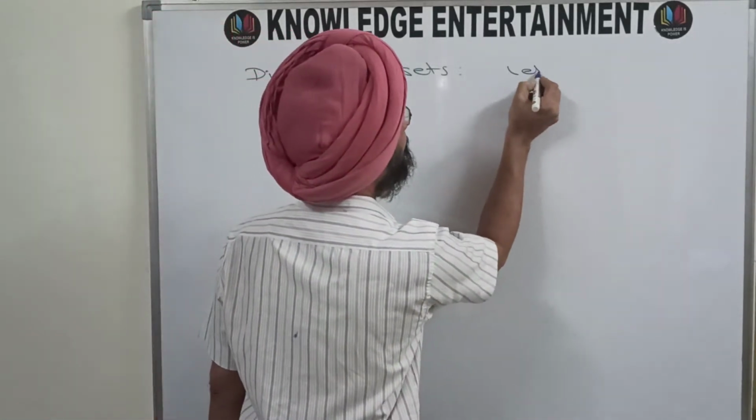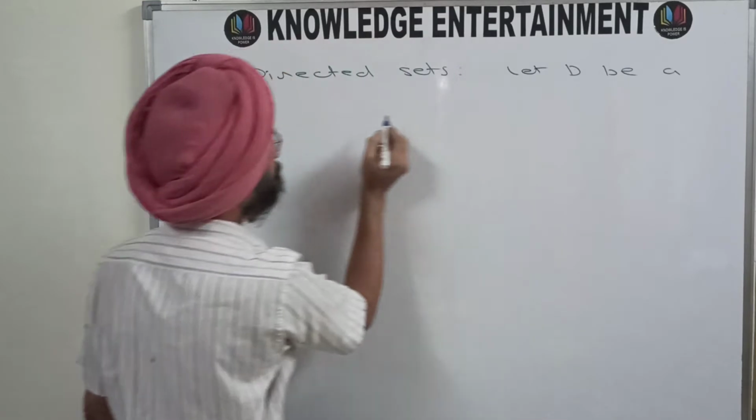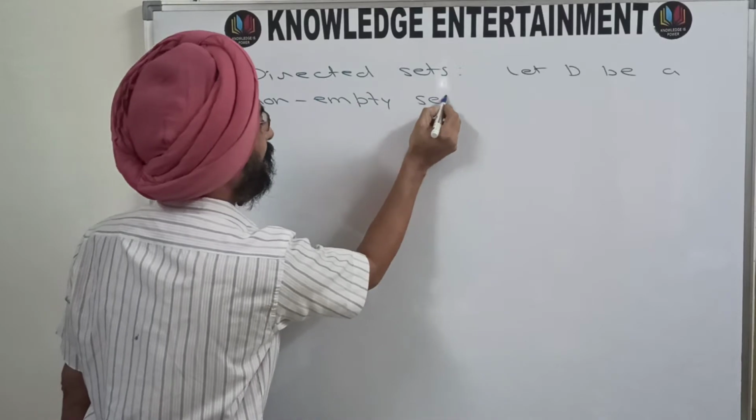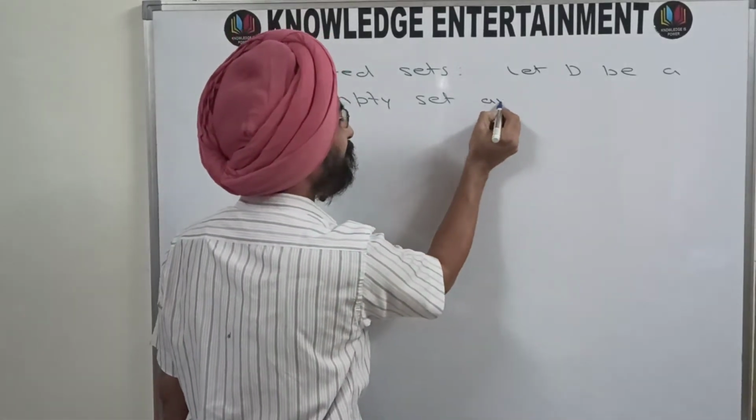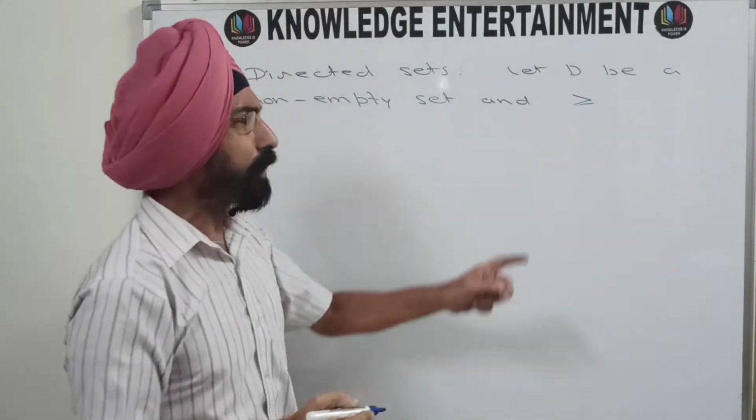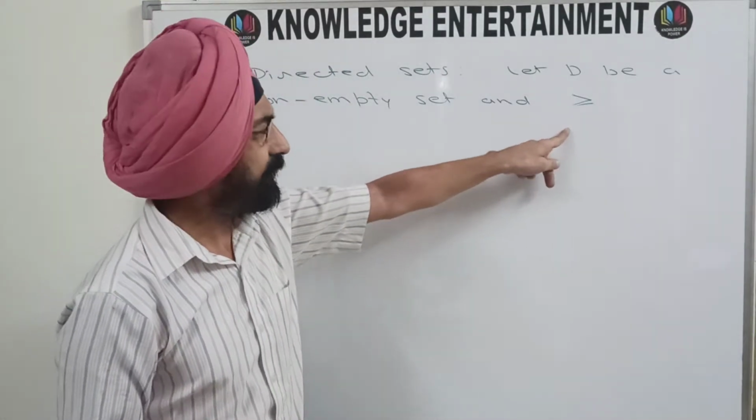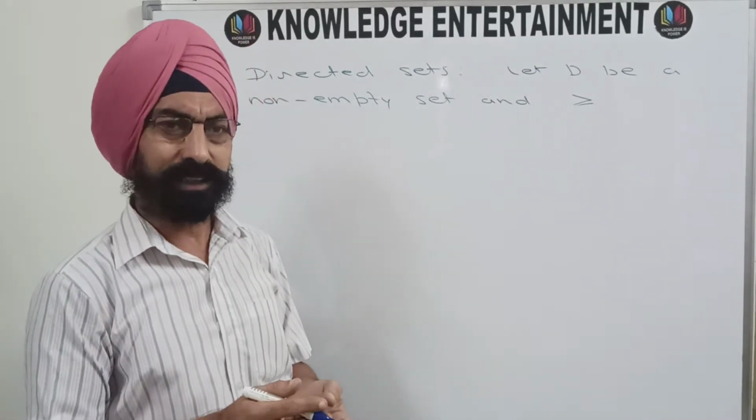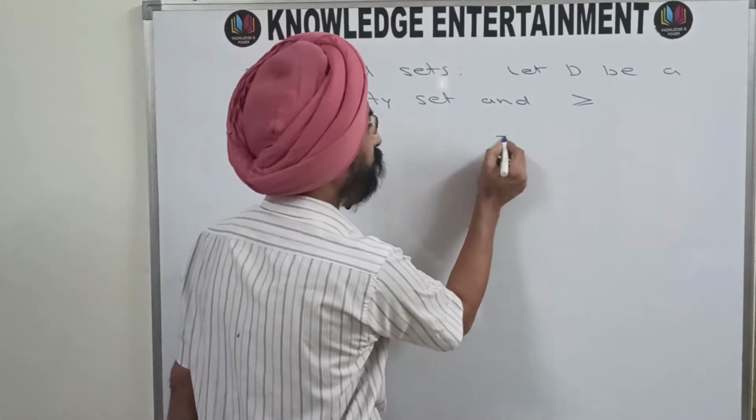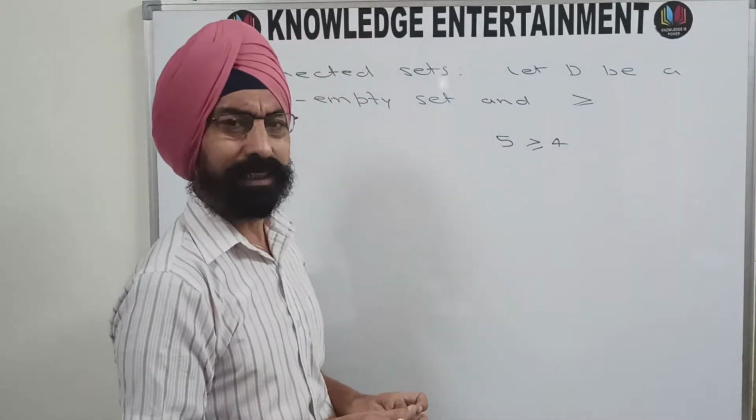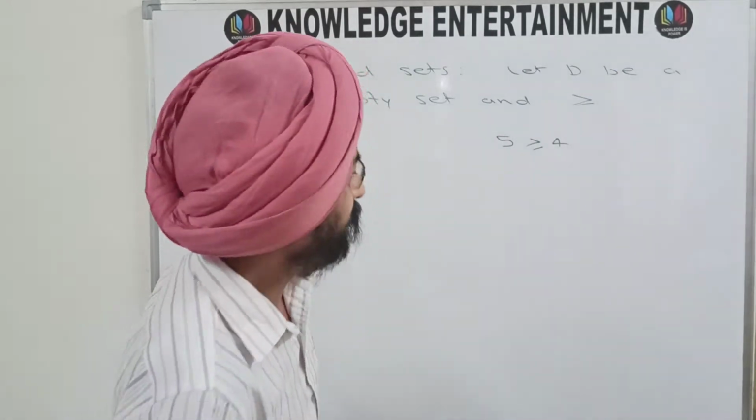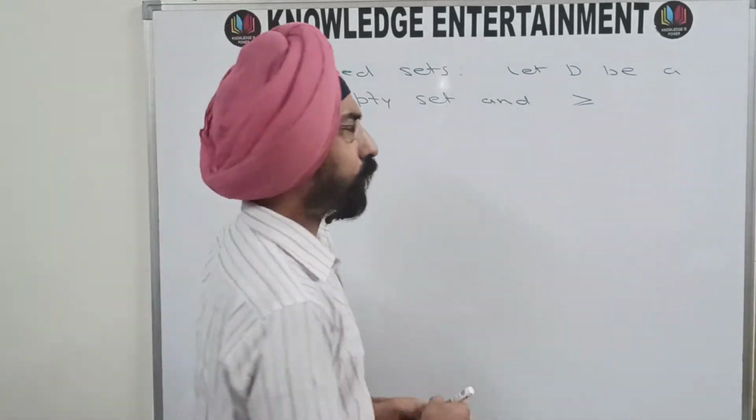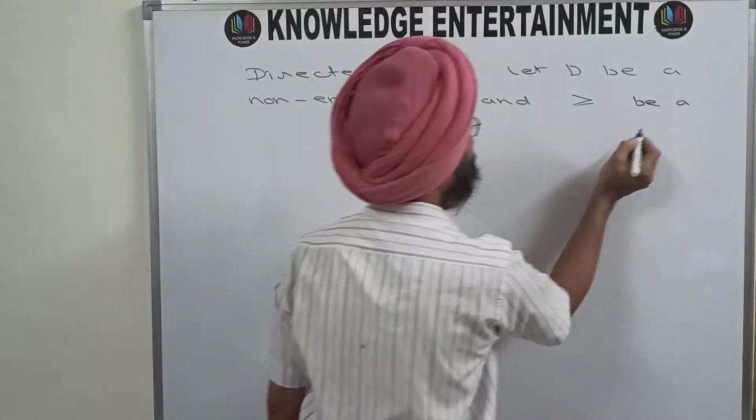So let D be a non-empty set, and greater than or equal to, I'm just having this greater than or equal to as a notation. It is not in its usual sense as we use this symbol for 5 greater than or equal to 4. We are not using this symbol in this sense. We are using this symbol just as a notation. So let greater than or equal to be a binary operation